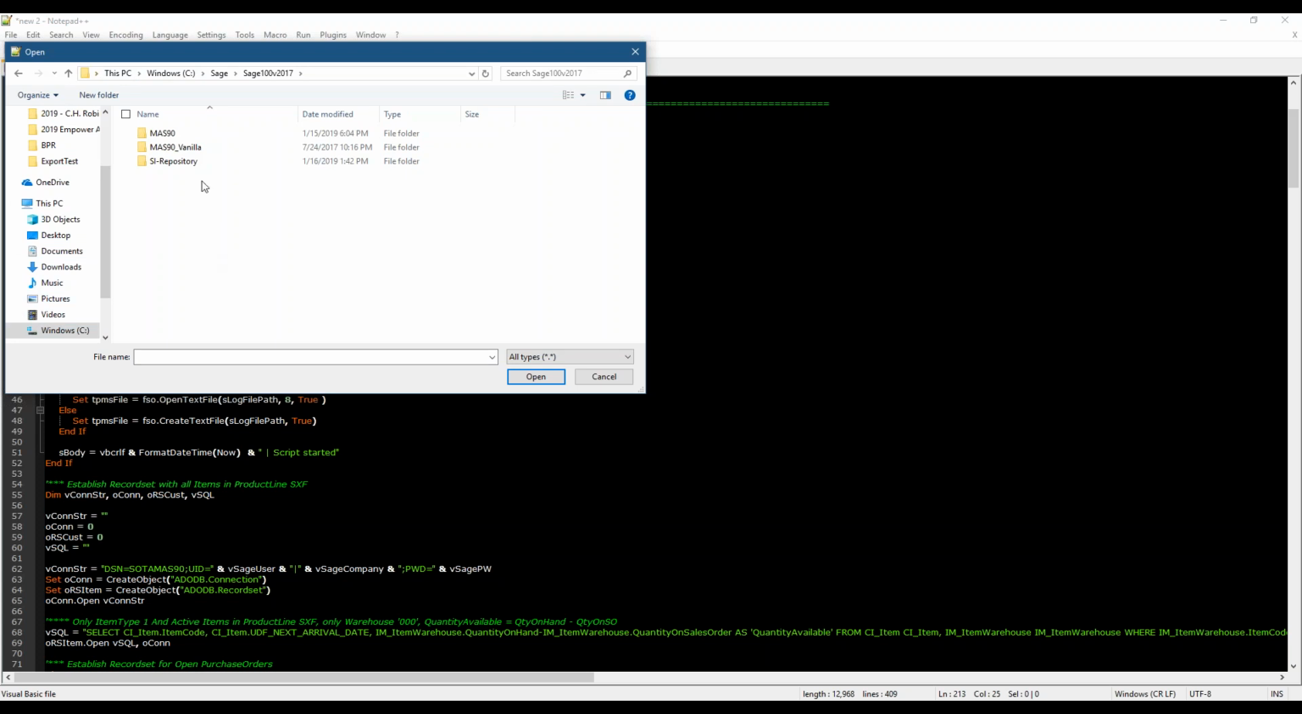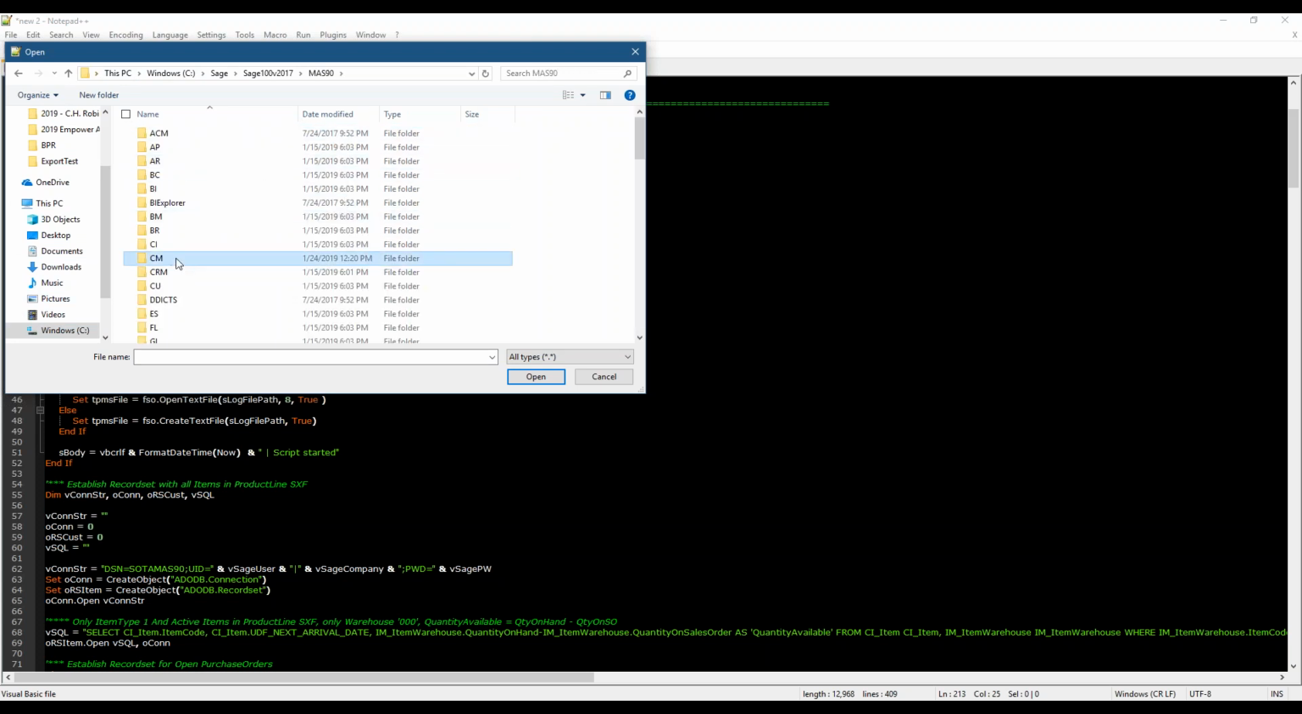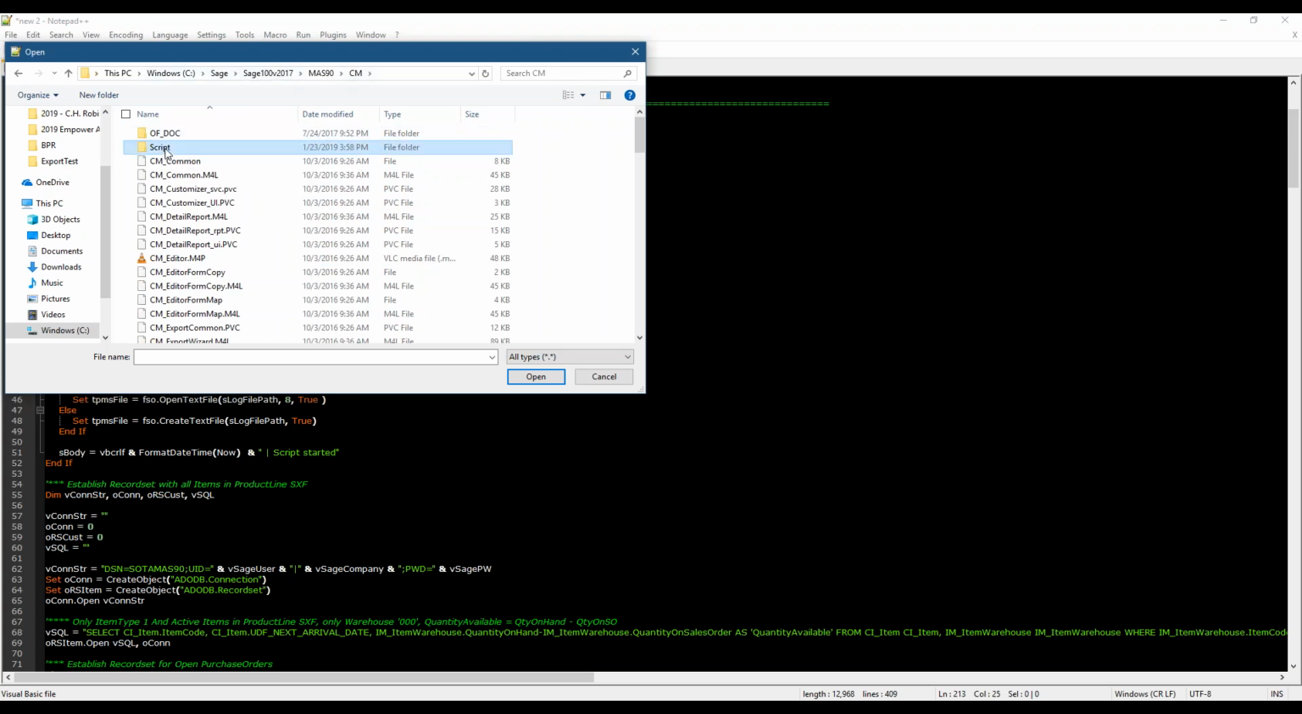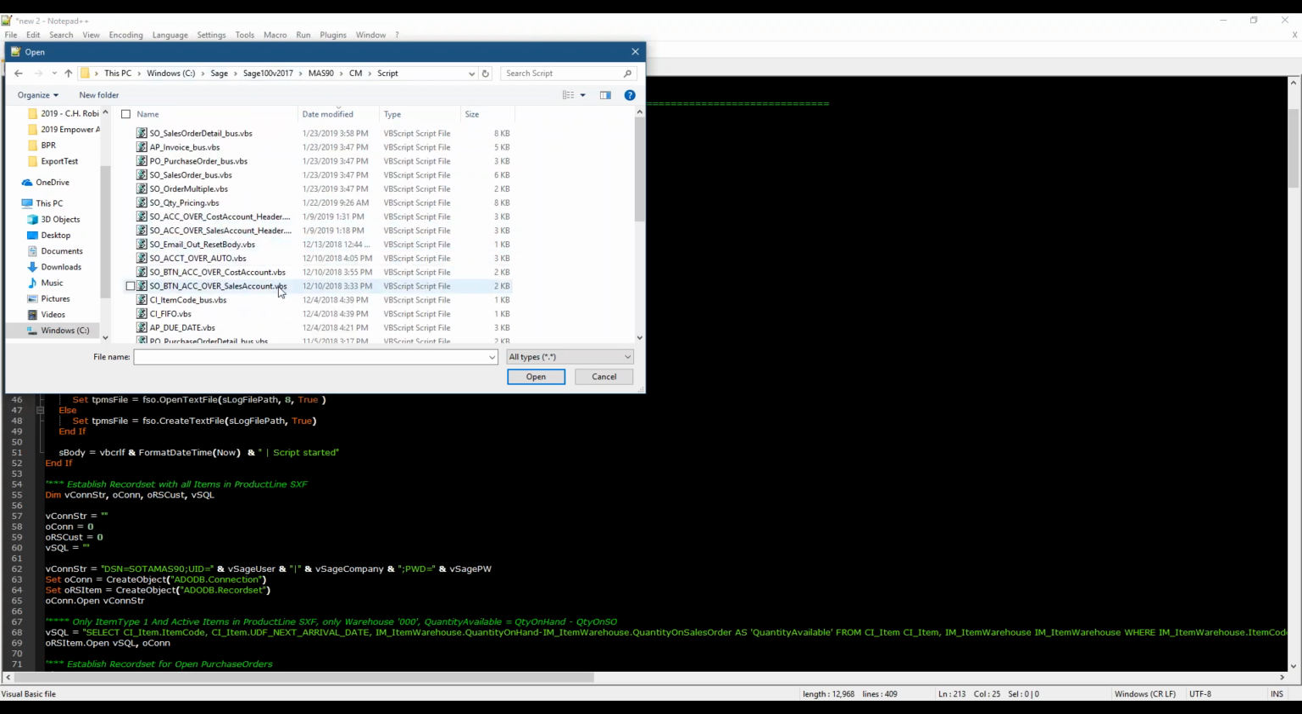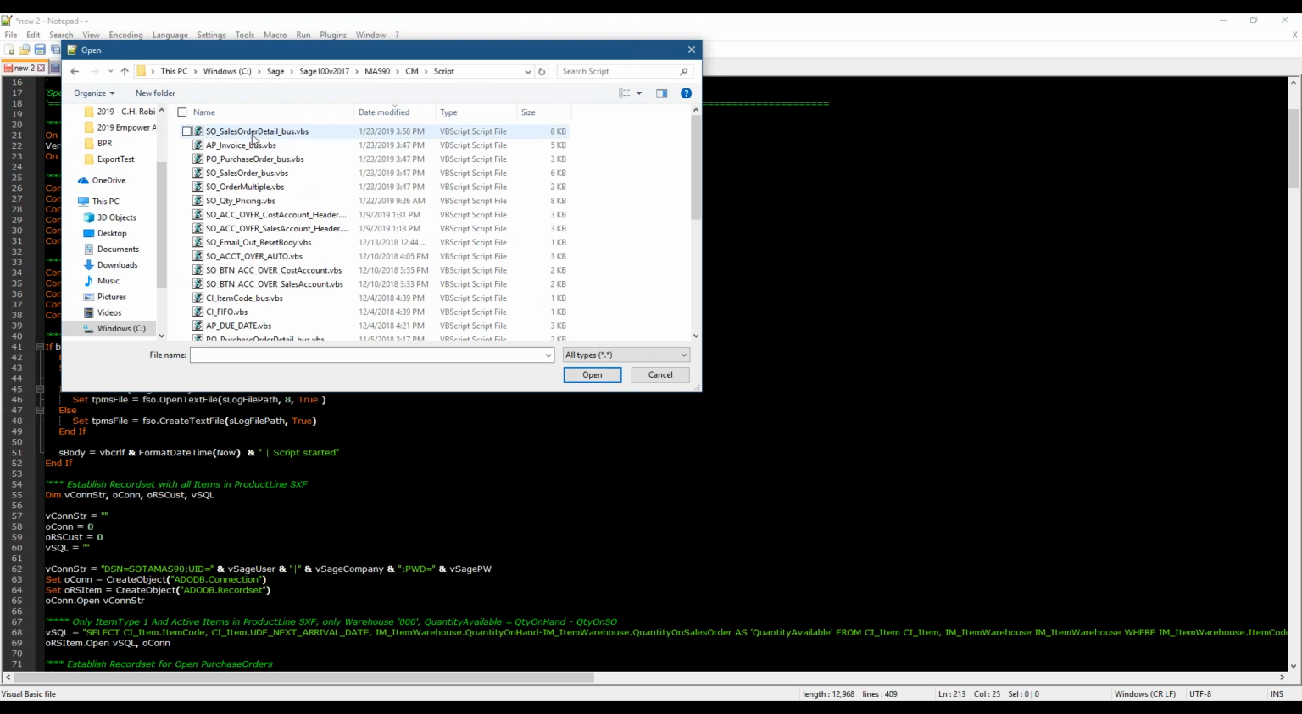Okay. So the scripts, also a good thing if you don't know it, scripts go into the CM folder in Sage. So I have my Sage installation CM script, and this is where Sage puts them. These are the single script files, and then if you compile stuff, what Sage does is it creates this compiled file for like the sales order detail bus, for example. So this is like a Sage created file out of my logic here,